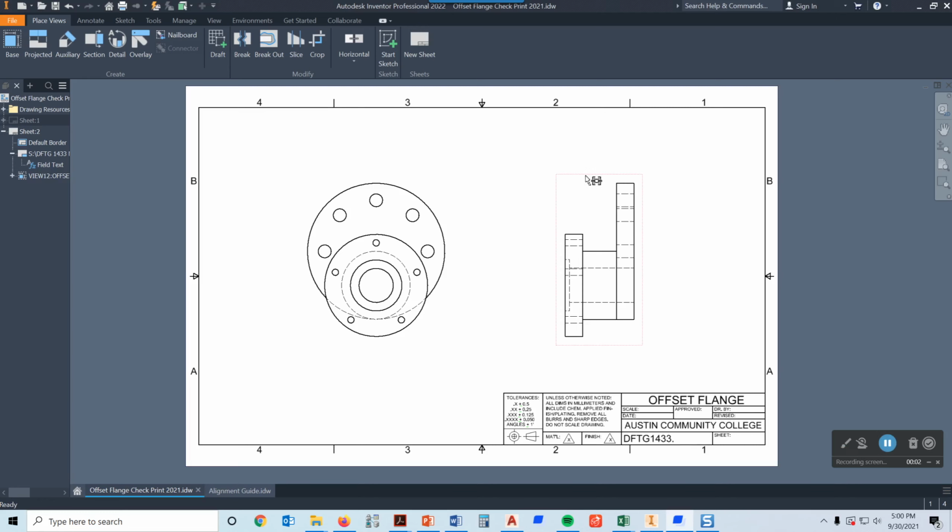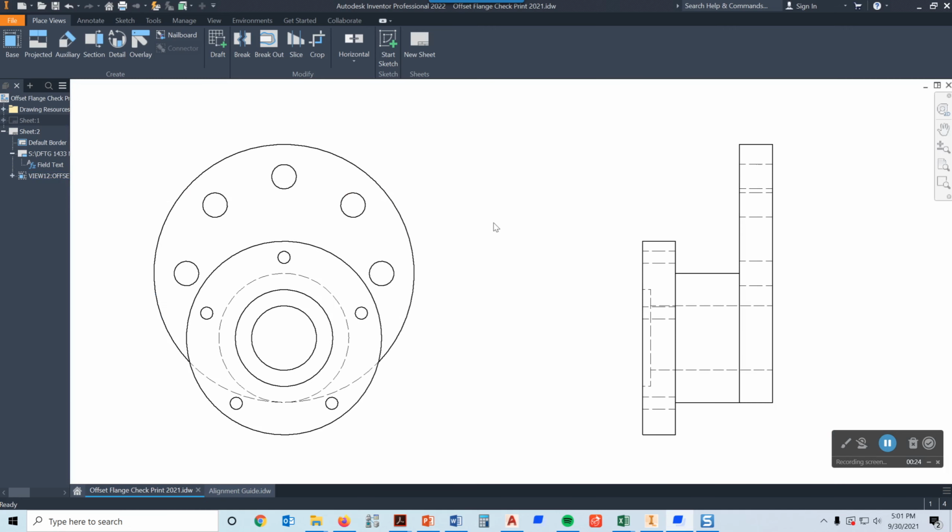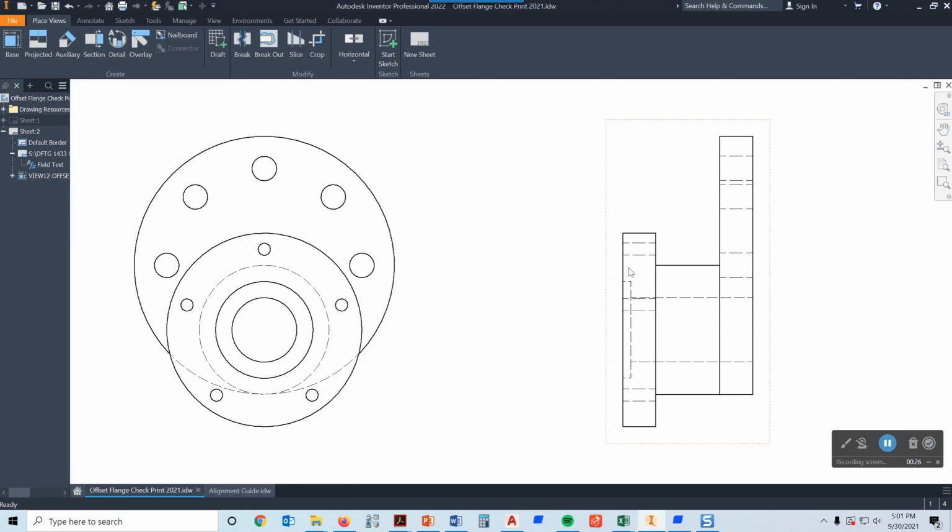In this video, I want to talk about dimensioning the views of the offset flange. So in this project, we're only going to show two views, a front view and a right side view, because we don't need the top view to describe this object here. So I've already placed my views, and I'm going to start by placing some dimensions over here on the right